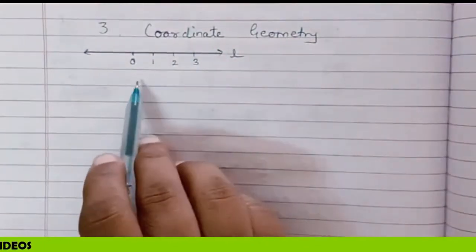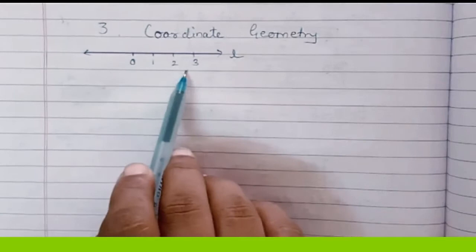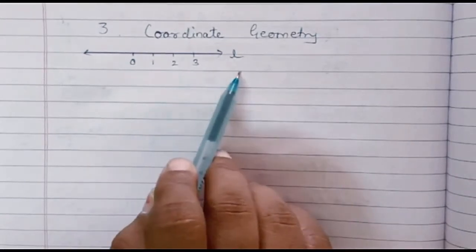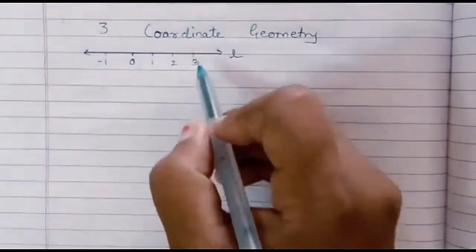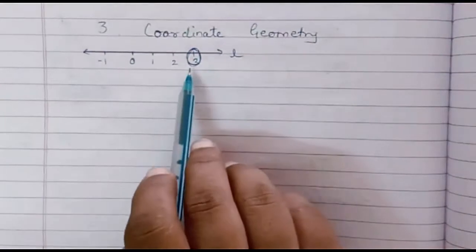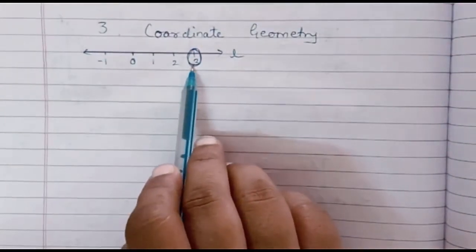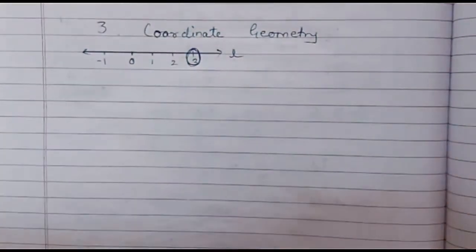These are all basic concepts which you have learnt in your previous classes. To the right side of the origin we have all positive integers and to its left we have all negative integers. So I got the point 3 here at this position, right? Right now you can see I have located 3 only on one line, but it is not necessary in every case.